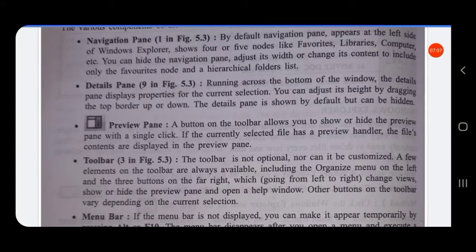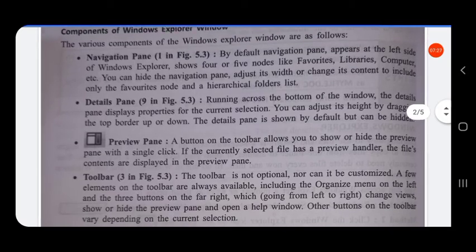Then the next one is the details pane. Running across the bottom of the window, the details pane displays properties of the current selection. You can adjust its height by dragging the top border up or down.